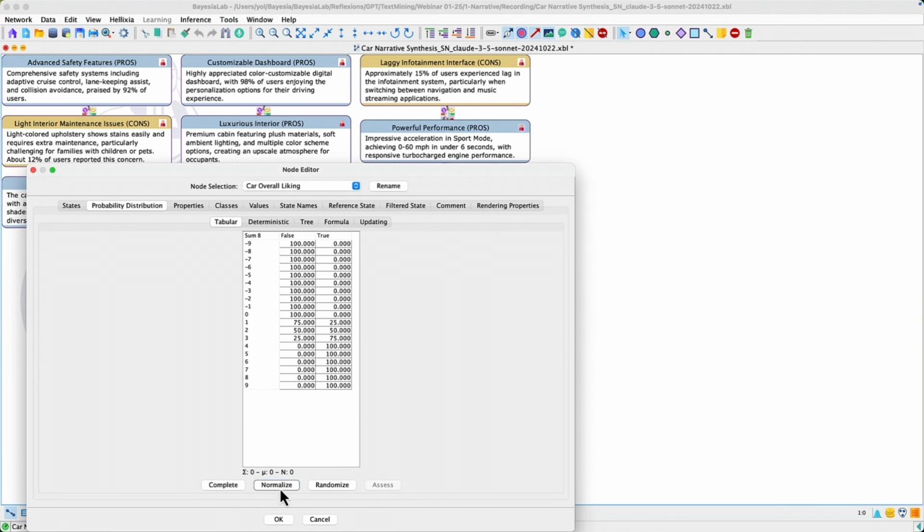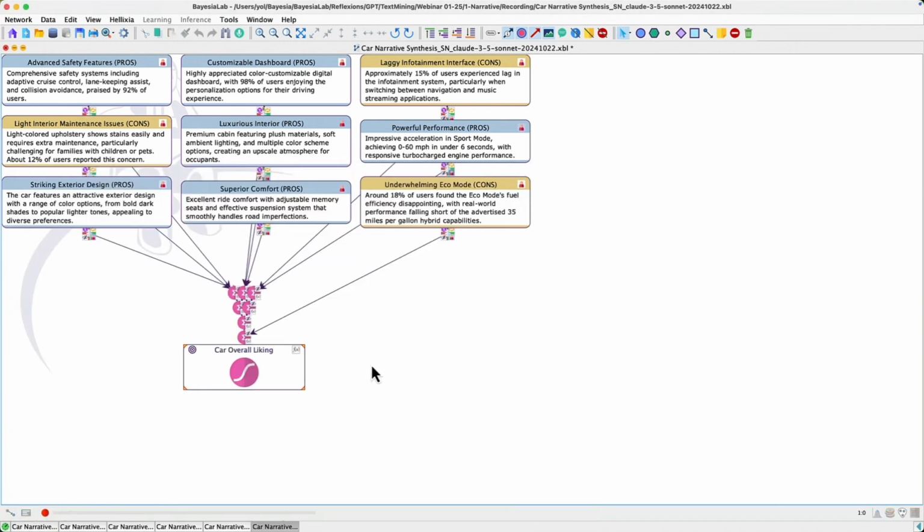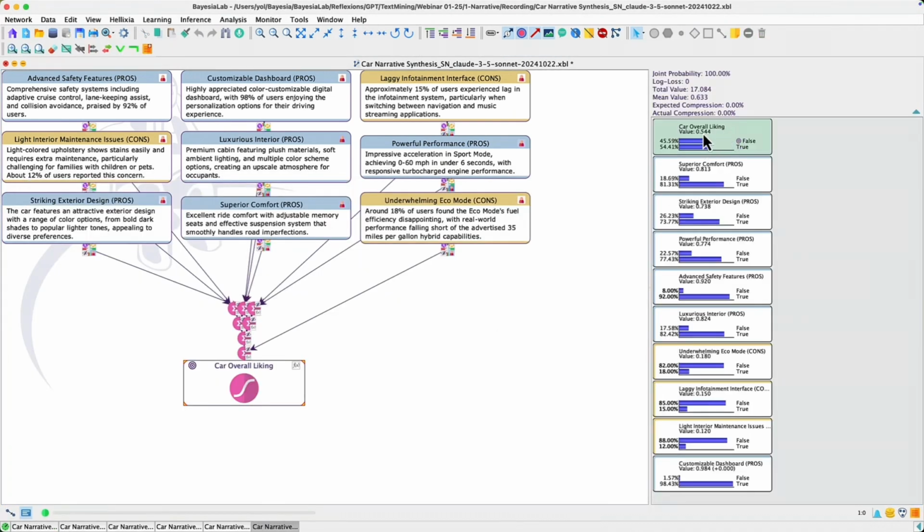So I'm just defining that, normalizing these probabilities so that when the sum of all the effects of my nodes here is equal to 1, this means that I just have 25% of chance to have a liking, right? And to have 100%, I need to have at least an output of 4 out of these 9. So it's going to be less optimistic, obviously. So you see the marginal now is 55%.